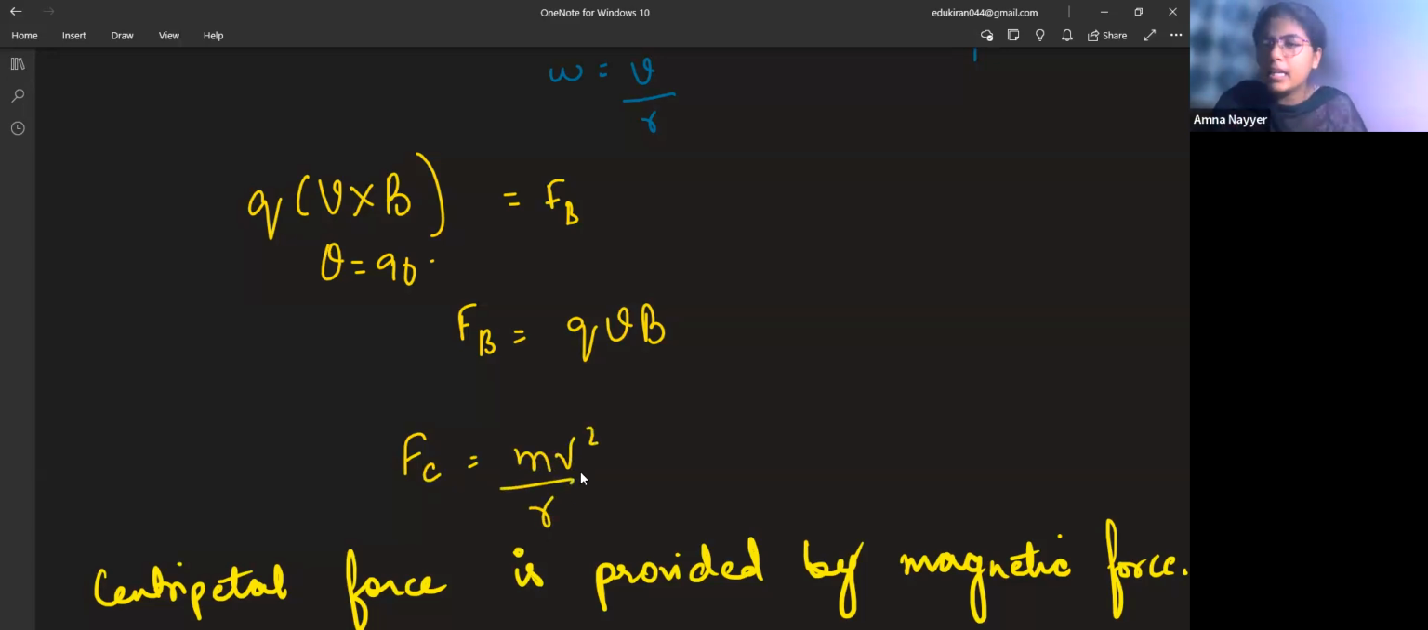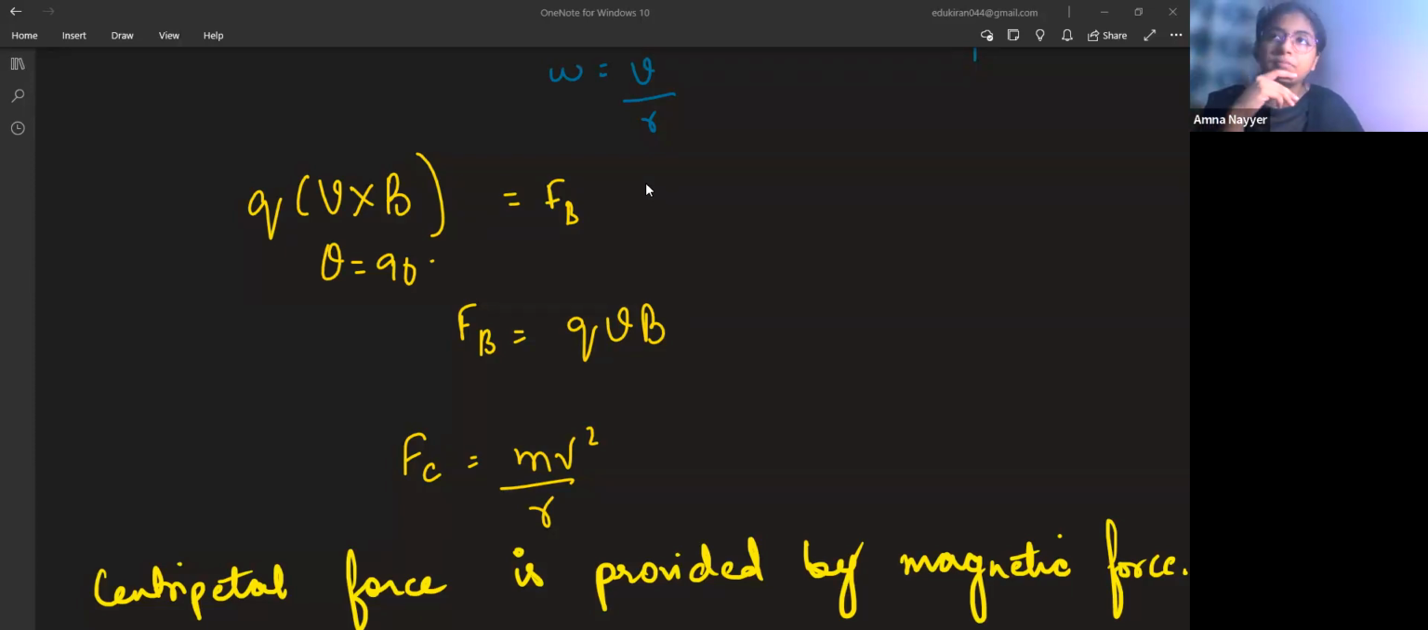So see class, centripetal force is actually not a force. Centripetal force is a requirement that is fulfilled by different forces. It means centripetal force is not a true force in itself. You have different forces in nature which fulfill the function of centripetal force. For example, if in space a planet is moving, the necessary centripetal force is provided by the